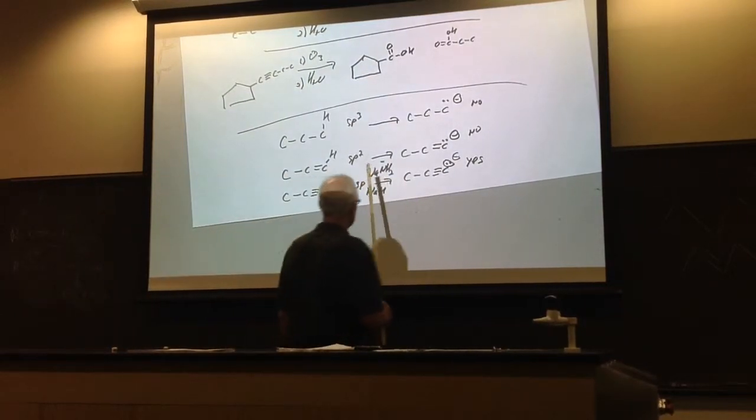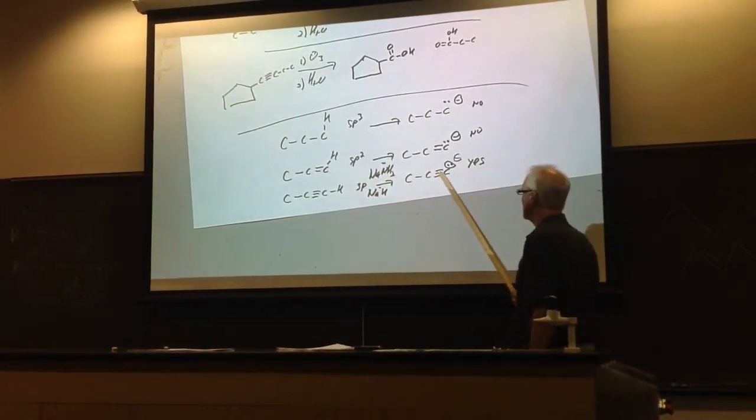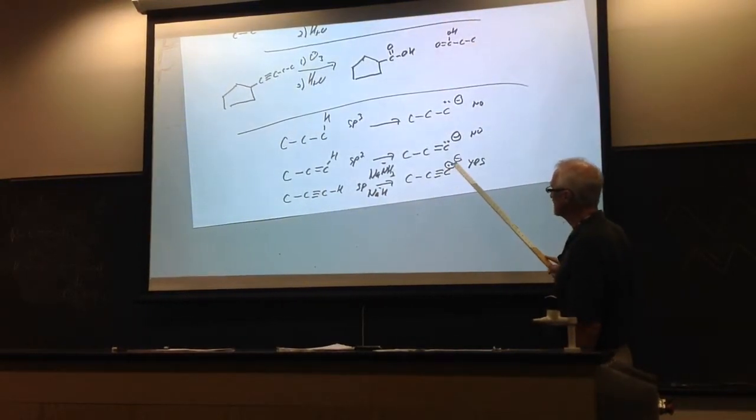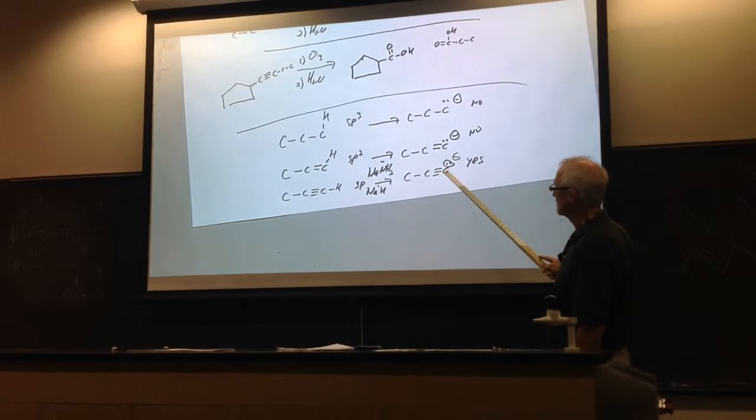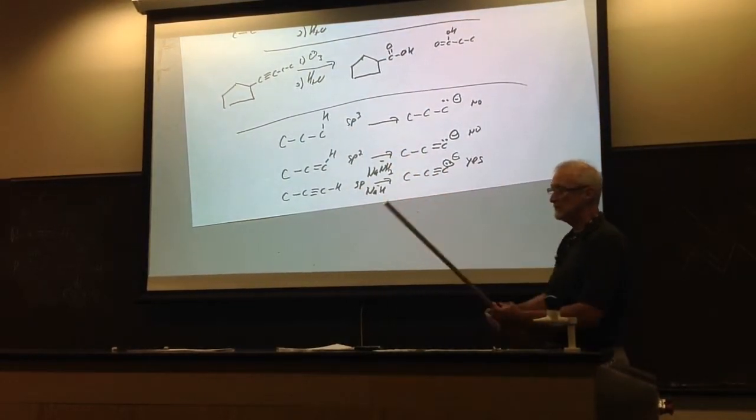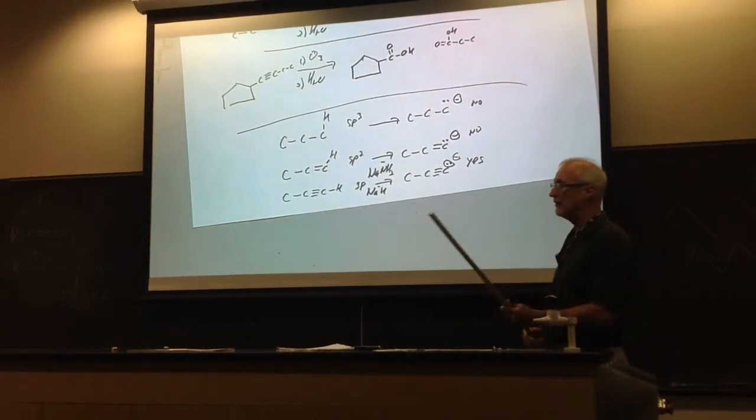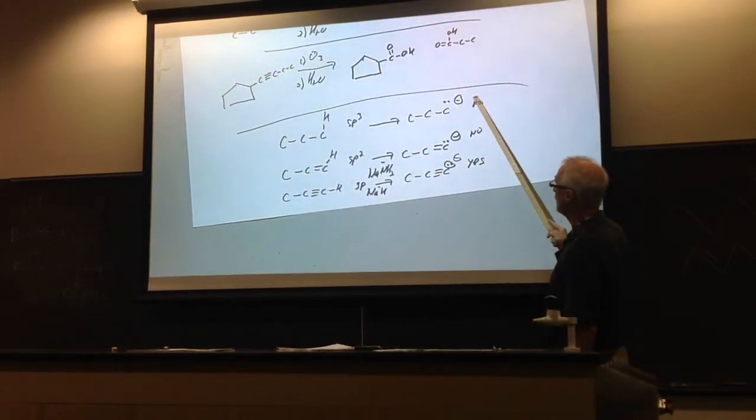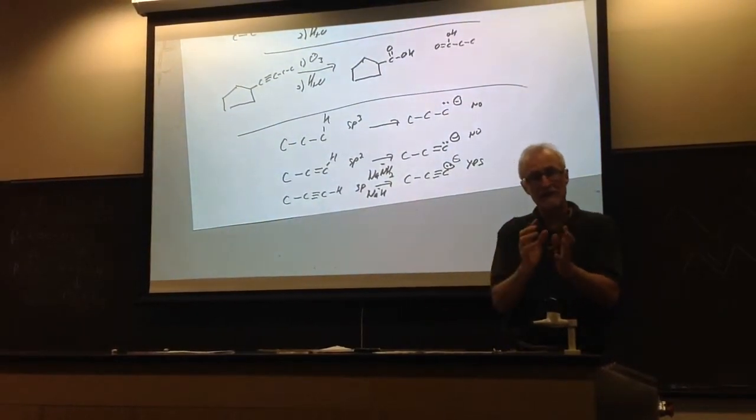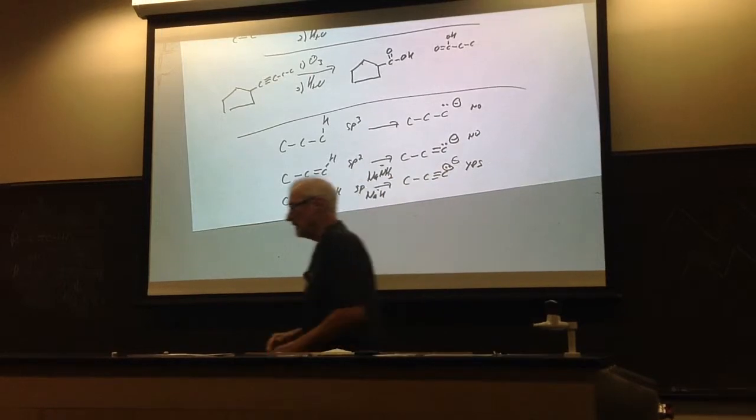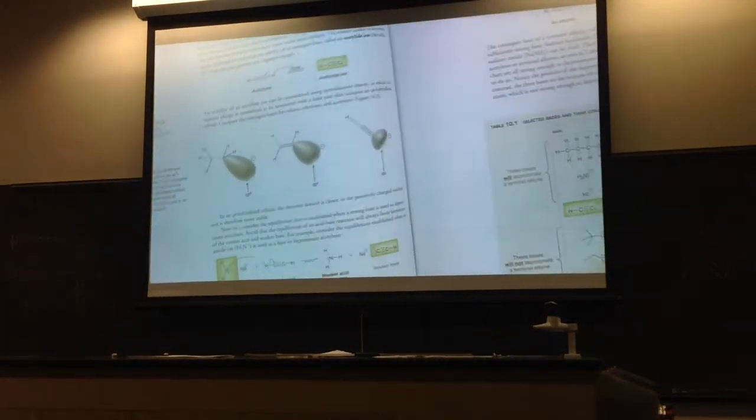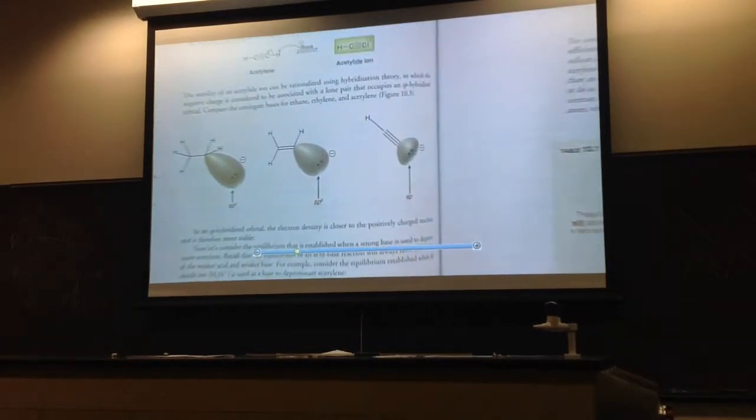So sp hybridization has one part s and one part p. This pair of electrons is in an sp hybridized orbital. They're close to the nucleus. This negative charge is close to the positively charged nucleus. sp3 has one part s and three parts p. p's are long orbitals, so this negative charge is far from the positive center. It's very unstable. If you can get that negative charge close to the positive center, it stabilizes a little bit. So that's the rationalization, after the fact, on page 460, that's used to explain why